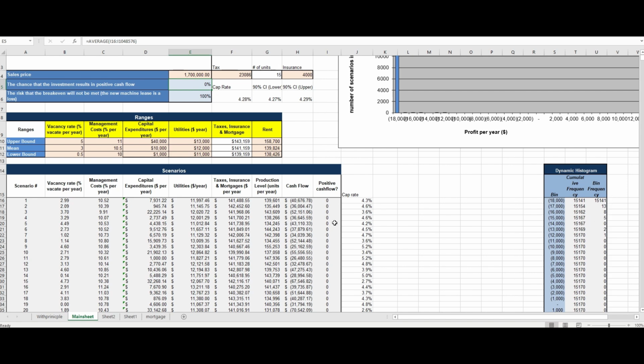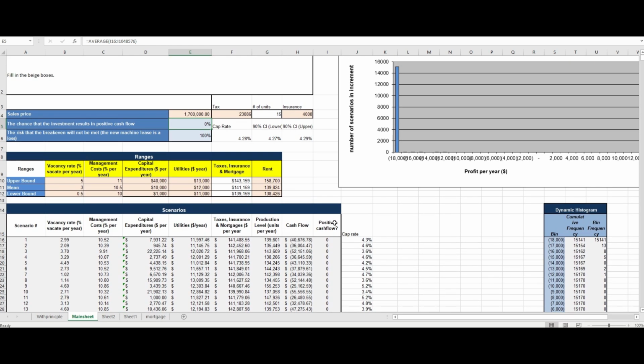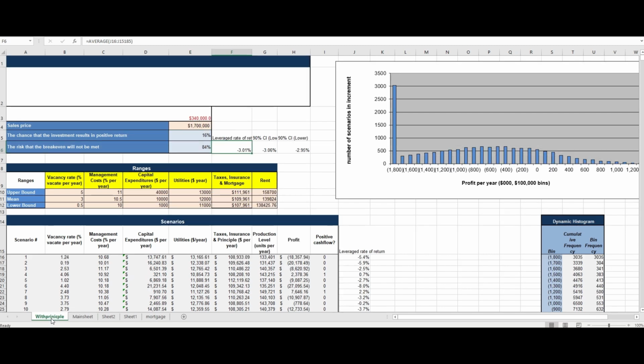And we would have to have some type of other income that's actually supporting this property, and we'd expect that this property's value would increase substantially. That's the only reason you would invest in that. And we finally look at the with principal tab. This is going to be kind of a critical tab because it's going to show you what your actual